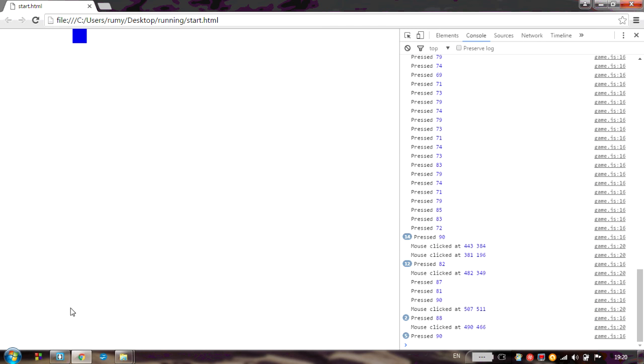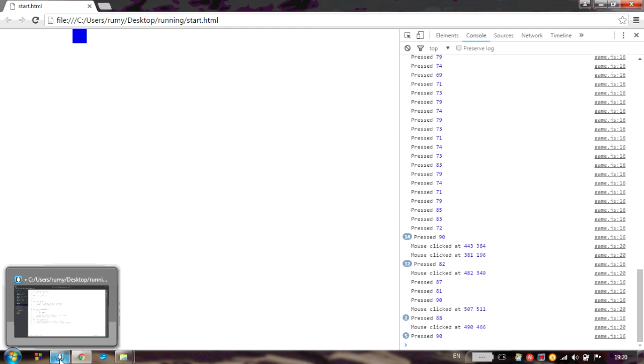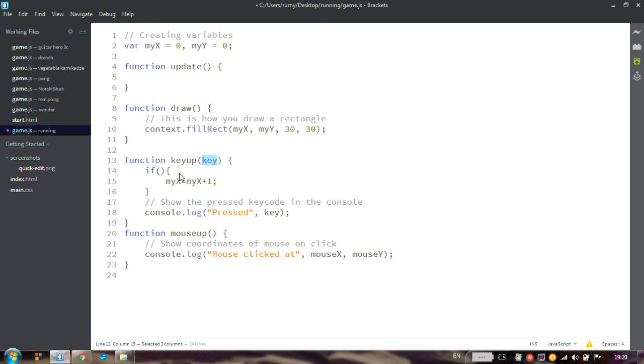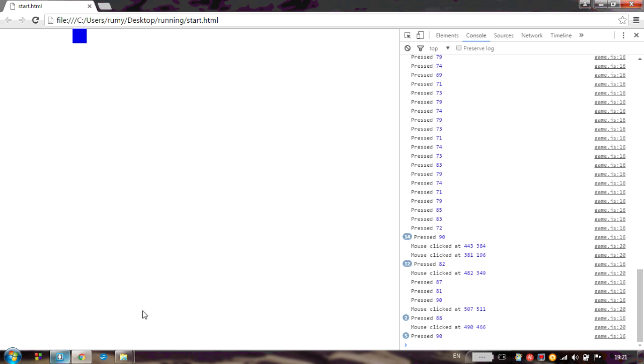So it is going to be really easy for you to add the condition in this if, so that this line of code moving the player to the right is only executed if the key that was released is Z, if it's with a code 90. Try it for X too, and then you can experiment with different keys,